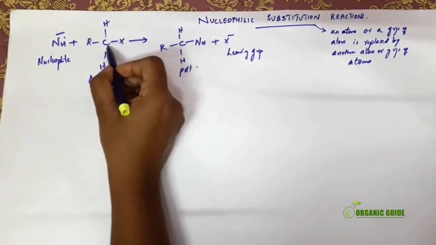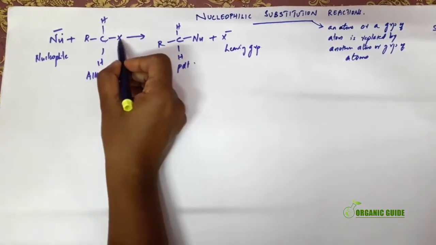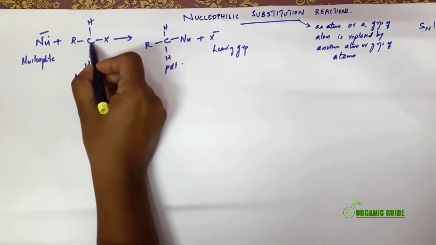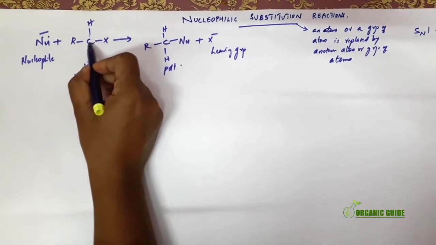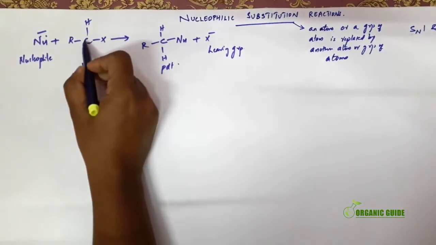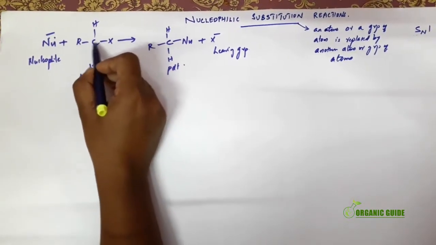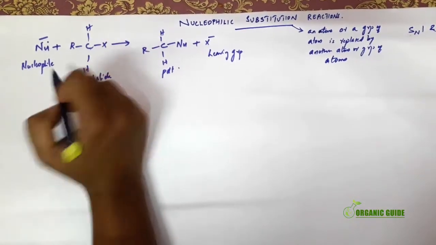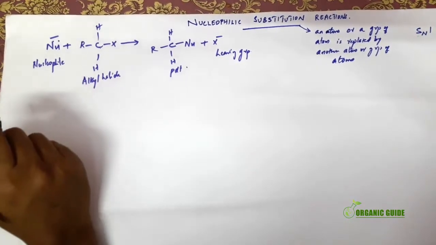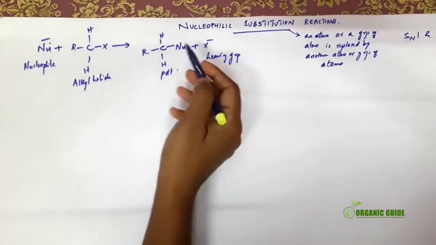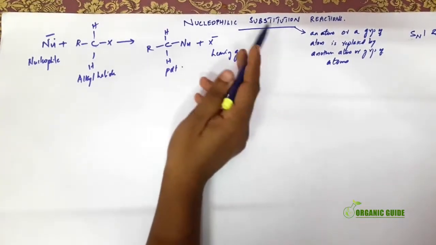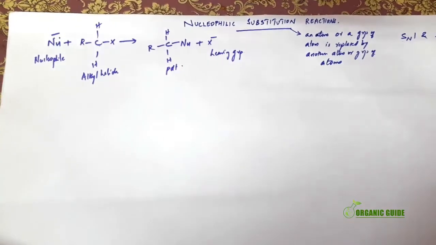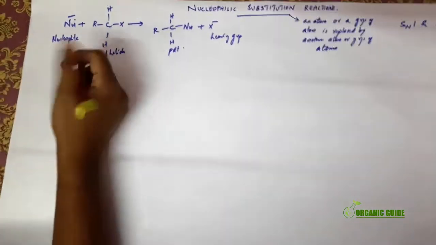There is an electronegativity difference between this carbon and halogen, because halogen is highly electronegative and carbon is not much electronegative. So a charge polarization, or polarity of bond, will form between this carbon and halogen. This is the reason why alkyl halides undergo nucleophilic substitution reactions. As I told, these nucleophilic substitution reactions are classified into two, SN2 reaction and SN1 reaction. Now we will move on to the SN2 mechanism.